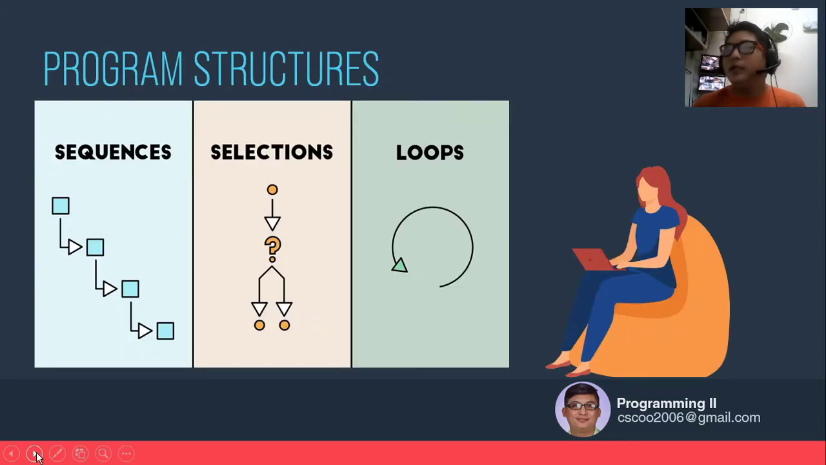Okay. Now, let me review this structure. If you notice, I have different diagrams here because I want, at least, for you to become familiar. And I didn't use a flowchart. Instead of a flowchart, I use these diagrams for you to be able to easily identify the difference between these three structures. Actually, there are 4, so I only mentioned 3. The fourth